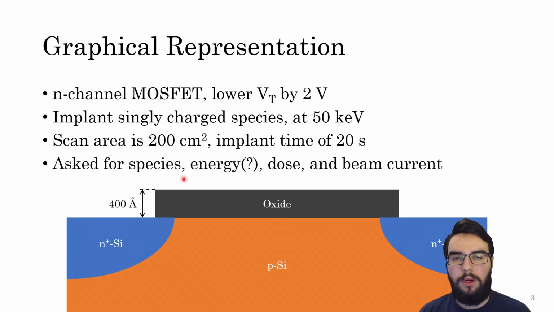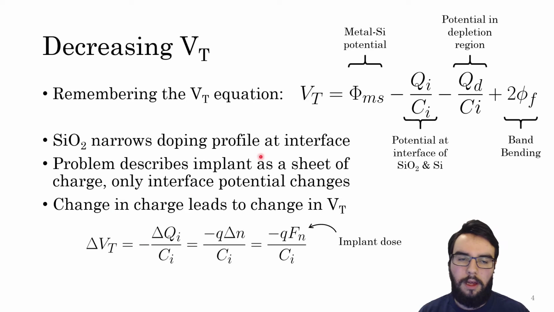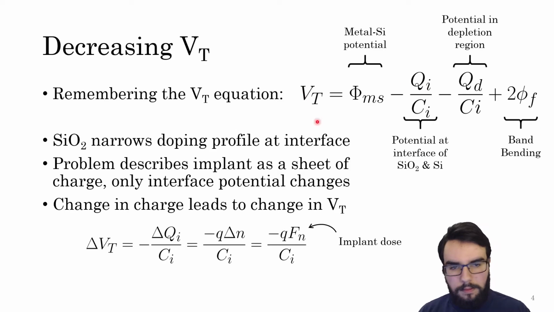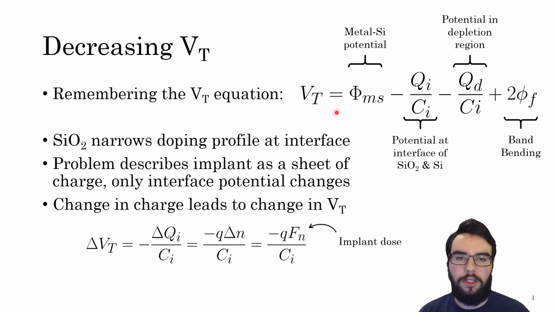Now we're asked for the species that we're going to be using, the energy, which is weird because we're given the energy, but we're still going to find it, the dose, and the beam current. We're also given the oxide thickness at 400 angstroms. So you might be able to remember this equation from assignment 1. If not, you should go study because it's probably going to be in the midterm. And well, we're going to be using this equation, or this formula,